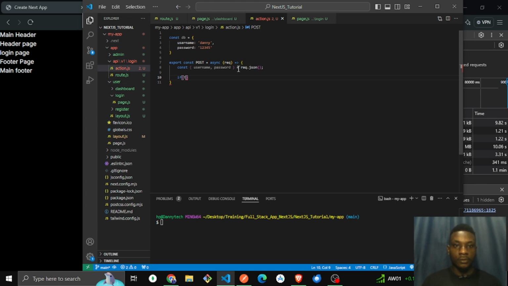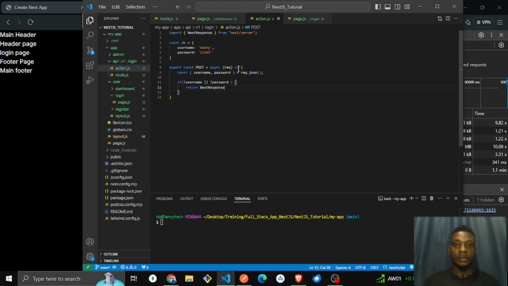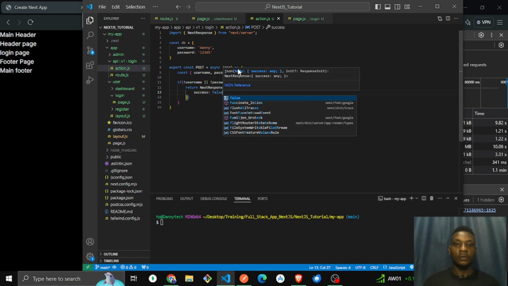So we can actually check if the user did not actually input either a username or a password. Then we can actually do something. What should we do? Let's return a NextResponse from next/server. Okay, .json. Then we call